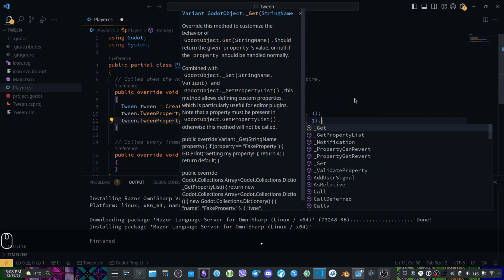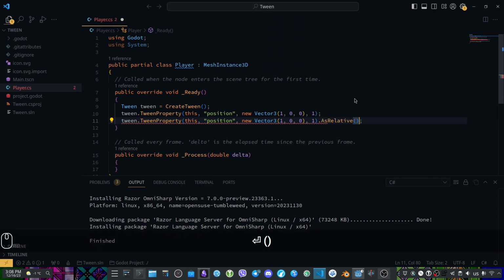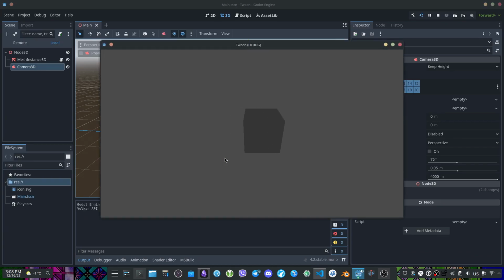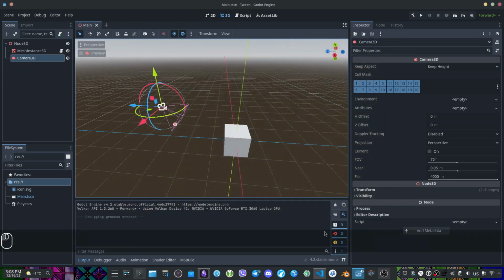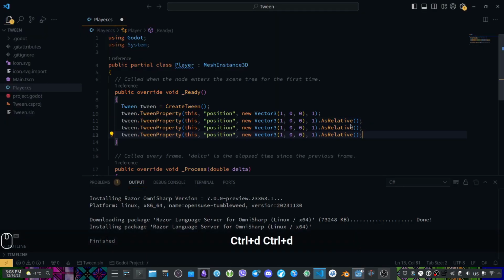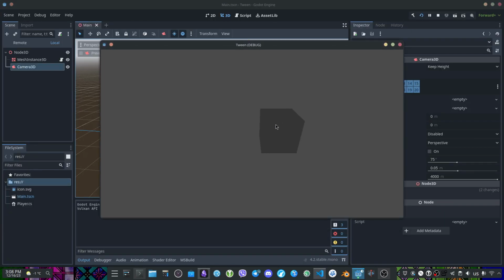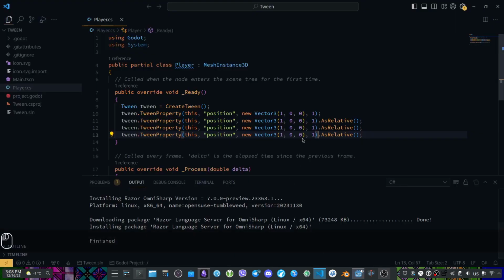But if we put here as relative and execute it, you're going to see it. Here's 1, here's 2. We're going to add 2 more. 1, 2, 3, probably 4, and probably 5th tween. So as you can see, they keep moving right by 1 unit because they are as relative. Okay,